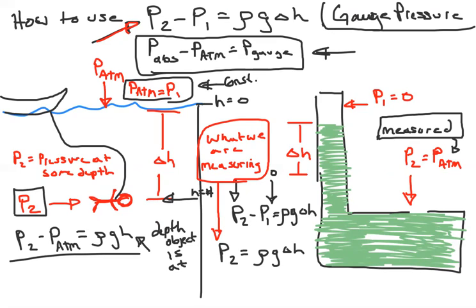Right? So if you wanted to know the pressure at a certain depth, then you would solve this equation for P2, which would be P atmosphere added to the weight. Or if you wanted to know the depth you were at based off a certain pressure, then you could solve this equation for